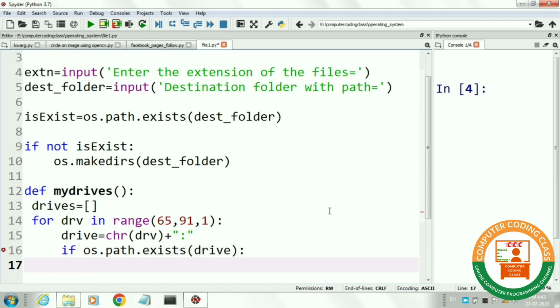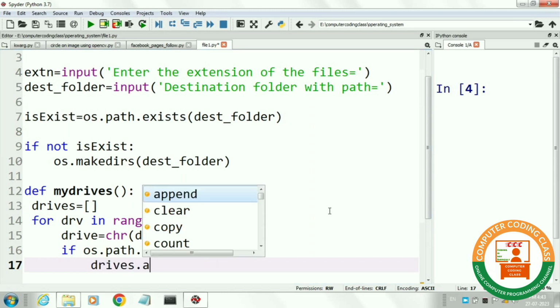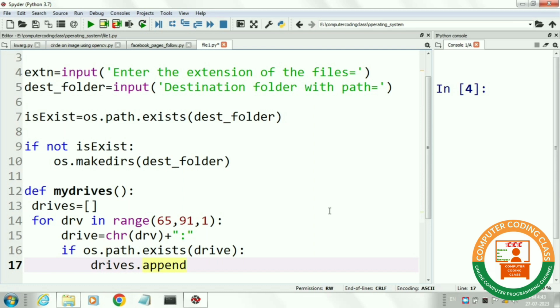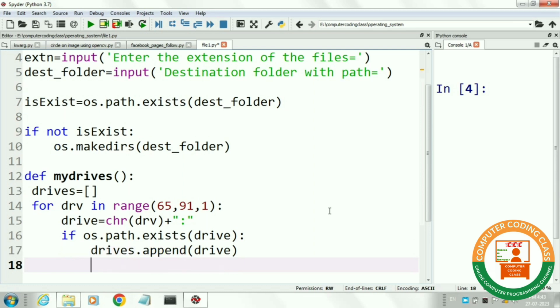Then if any drive is present, then we will append that drive letter on the Python list drives. At last, we will return the Python list drives.